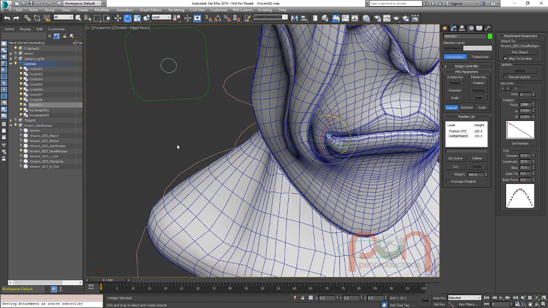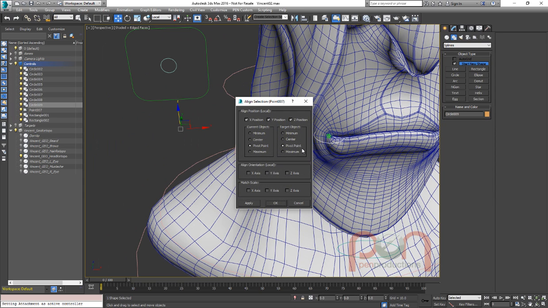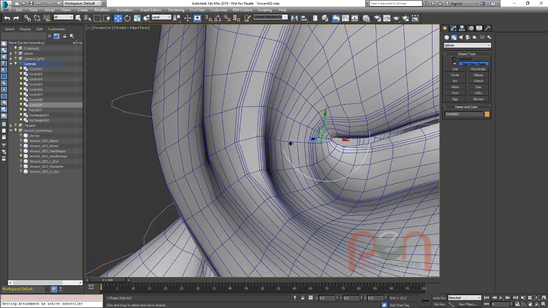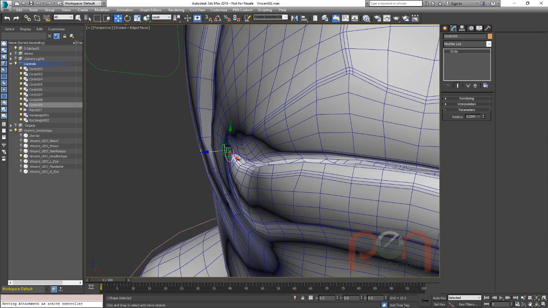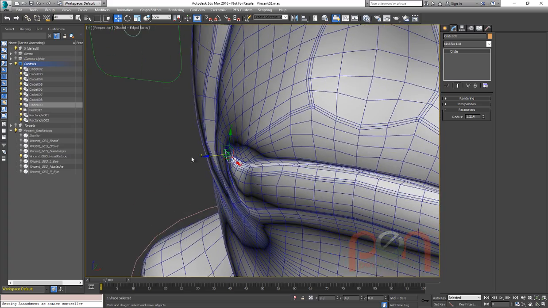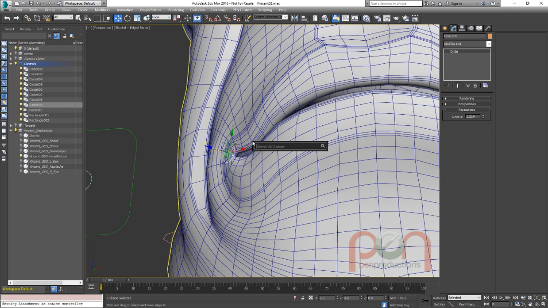Now we need a little control object. We're just going to do that with the circle. And that circle is going to get aligned up to our point helper. I'll change the size of it down, maybe make it a bit smaller. And let's move it straight out. But in this case, I want to move it straight out, and I want to leave its pivot point at that point there. So we can use an XForm modifier, or we could collapse it down